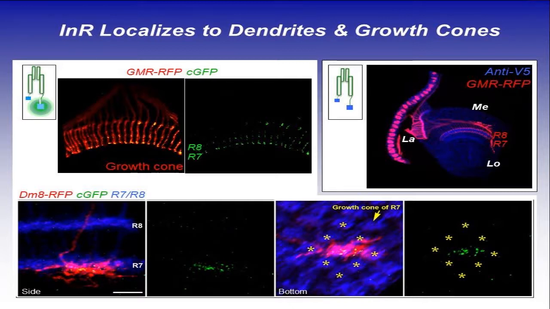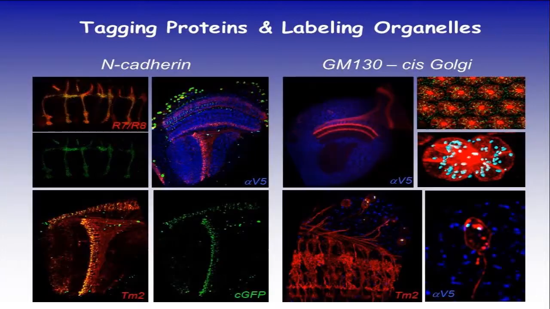But concentrated in the neural pairs here. So when we express, looking at a single EM developing DMA neurons here, and then look at the endogenous insulin receptor, quite surprisingly, we find the insulin receptor concentrated in the dendrite. If you turn this picture around 90 degrees, you see that insulin receptor signal concentrated in basically the central part of the dendrites.